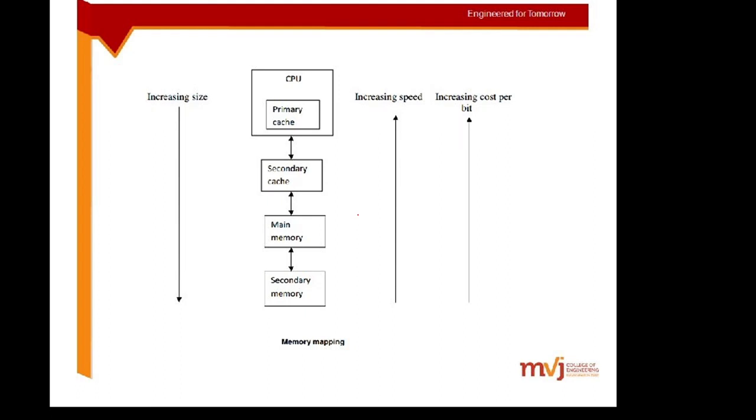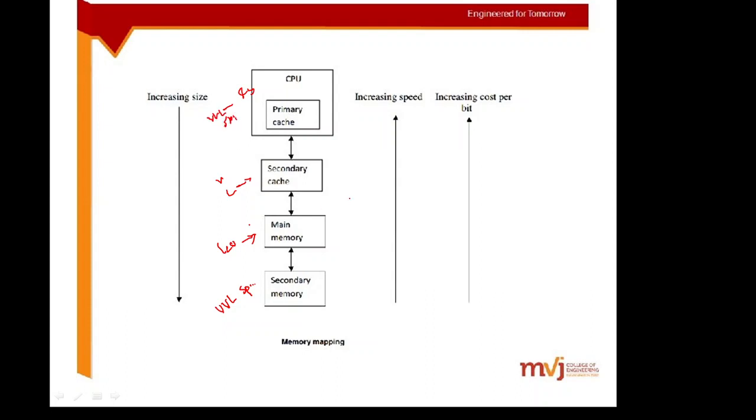Next one, we are going to talk regarding the speed, size and cost of different memories. Here, this diagram tells you regarding the speed, size and cost of different memories. When it comes to the secondary memory, a very large space will be available. In the main memory, we have less space. Cache, compared to the main memory, is very small. The primary cache and registers are also over here.